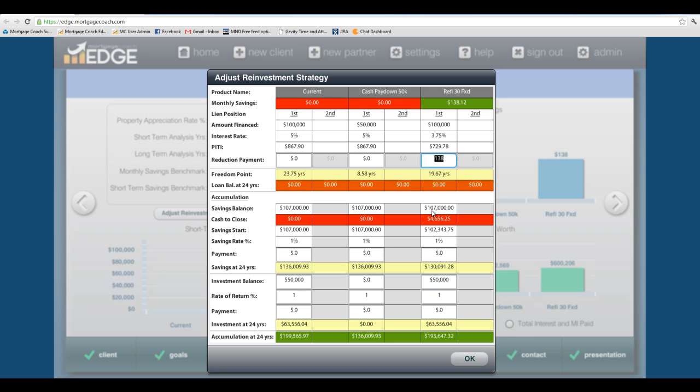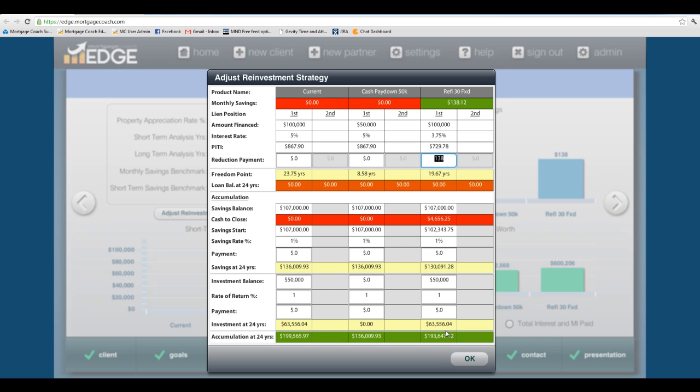Now I started with the 107 here, and you can see that it subtracts the cash to close, and these are just the closing costs. And they've got a new adjusted savings start of 102. That's going to continue growing at 1%, but they've also still got that extra 50 in there. So I left that in there over here. So they've got 152 left after cash to close. That's growing at 1%. And you can see we get to about 193, just short of 194 for our total